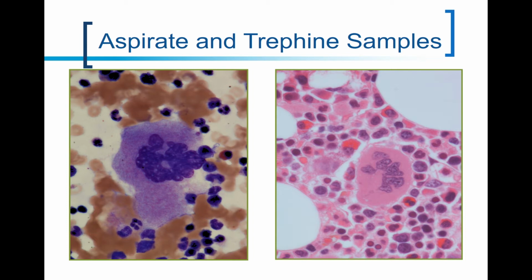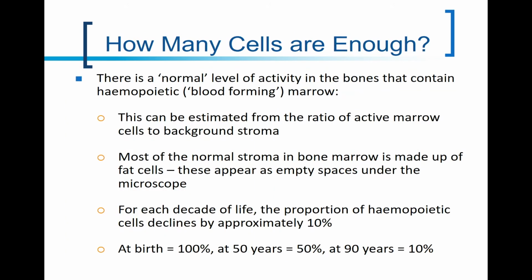This is an empty space where there's some fat. And here are other blood cell forming types, other cells in the marrow that are making different types of blood cells. And they have a kind of spatial organization, which is part of what we're recognizing. So I'm going to come back a bit more to some of those spatial and organizational aspects in a minute, but